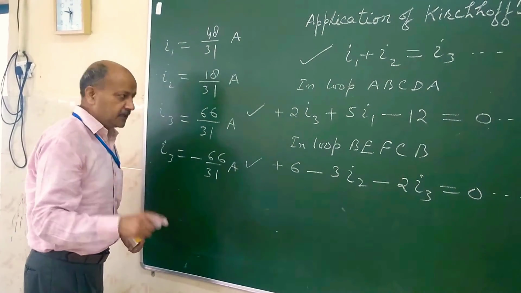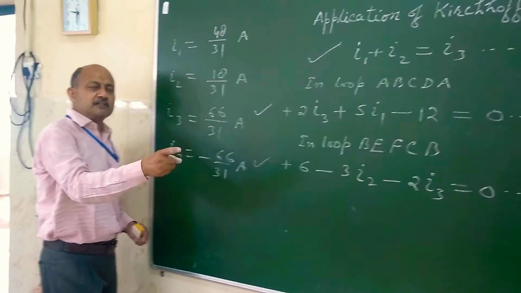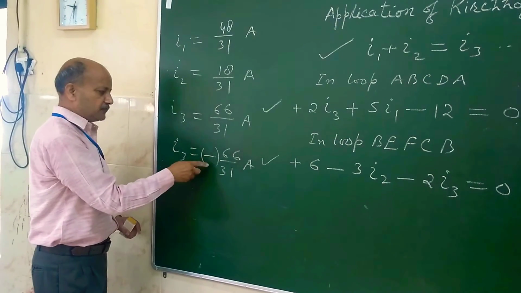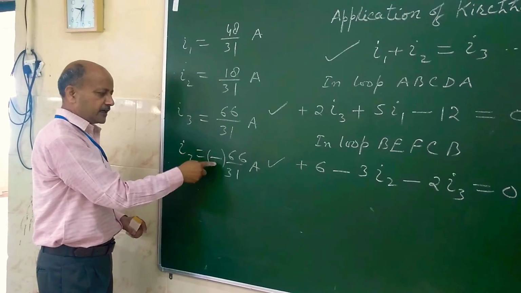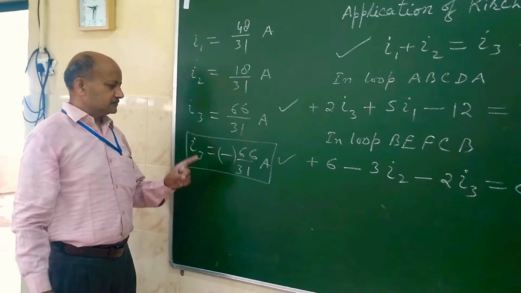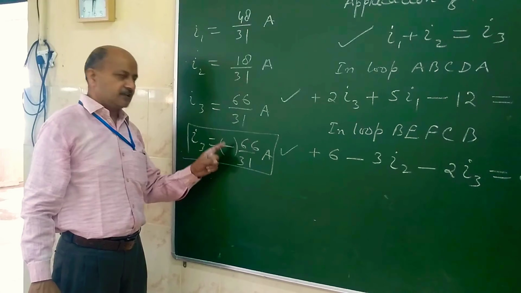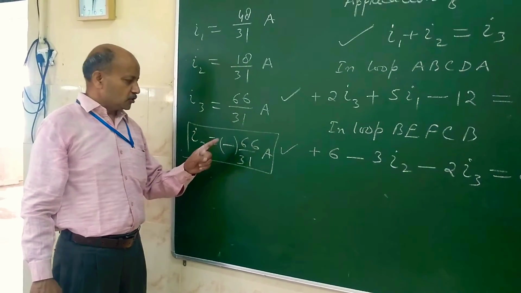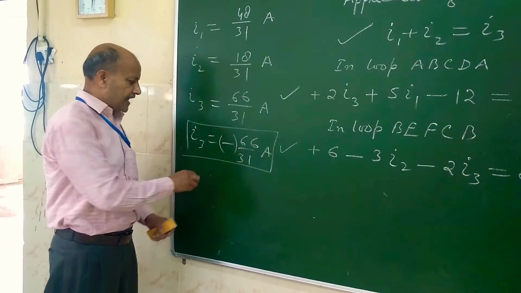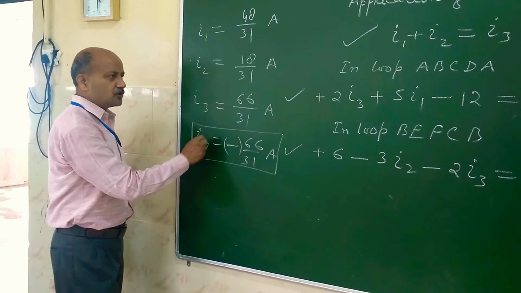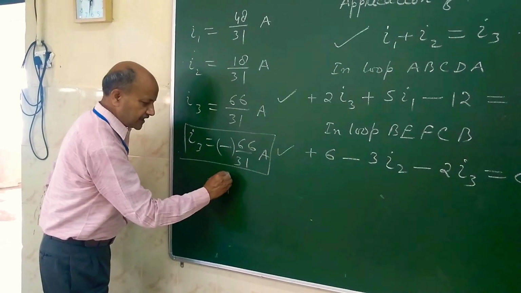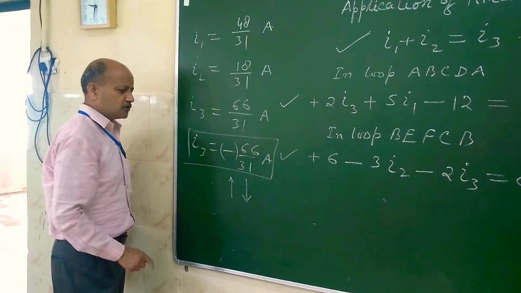So think over it. When you change the direction, or the direction of current is given reverse, the sign of your answer will change from positive to negative. When you get this answer, you must consider that the direction given in the question is opposite. So you can now correct the direction. You will rewrite that the direction of current given in the question is opposite, and this is not the correct direction. The correct direction should be this.